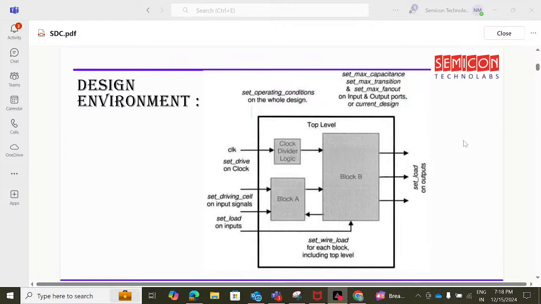So previous time we discussed the design environment, where we discussed set operating condition on the whole design, clock signal going to the clock divider logic, set drive on clock, set driving cell on input signal, set load on inputs, right? Similarly, set wire load for each block including top level, and similarly for output set load, right? And apart from that, set max capacitance, set max transition, set max fan out on input and output ports of the current design. So these were some of the things which we discussed in the previous session with respect to the